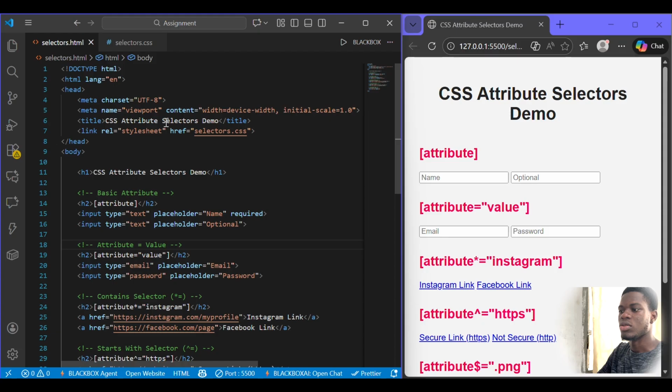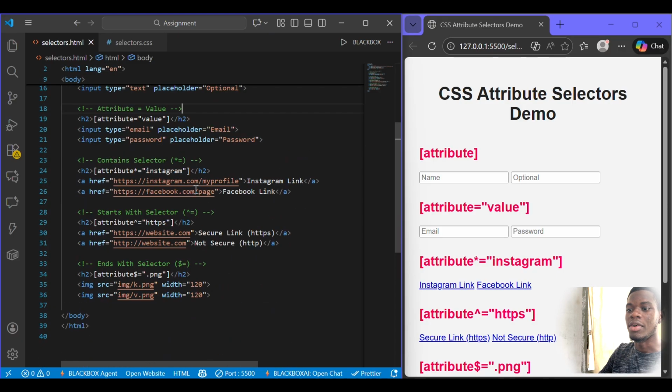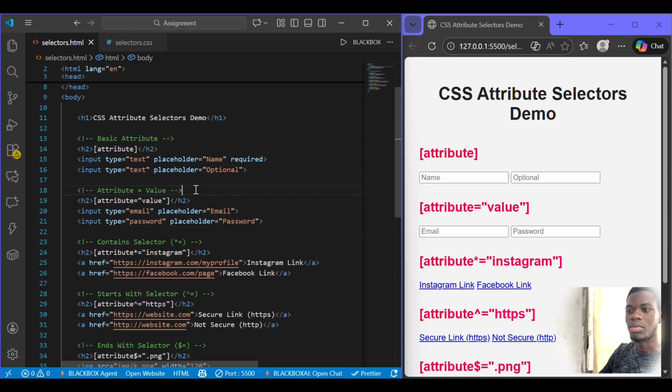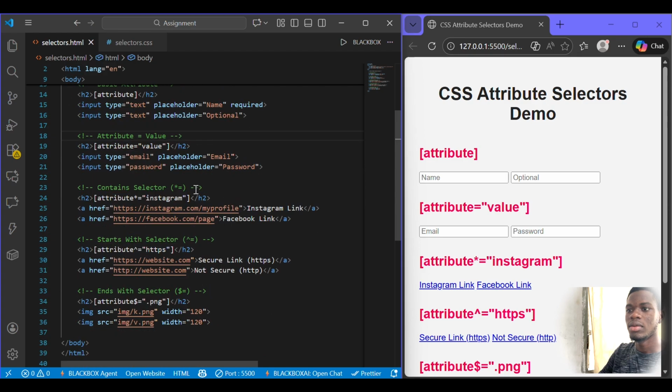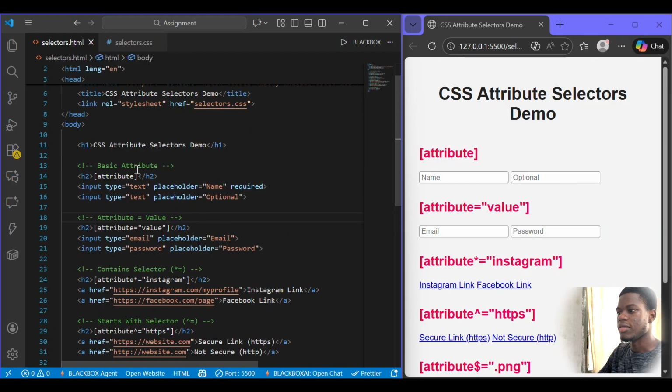So what I'm about to take you through is the types of attribute selectors we have. Normally there are plenty of them, and I'm going to walk you through only 5 of them. So let's get into it. The first one we have here is